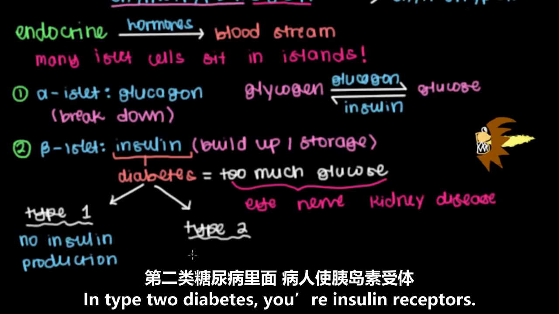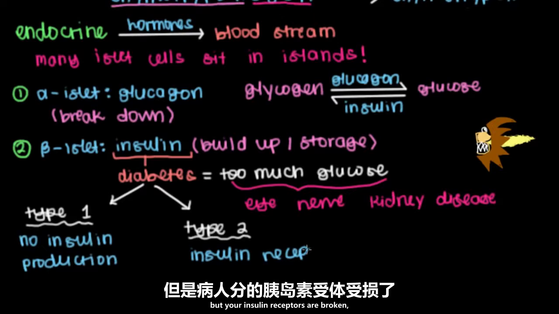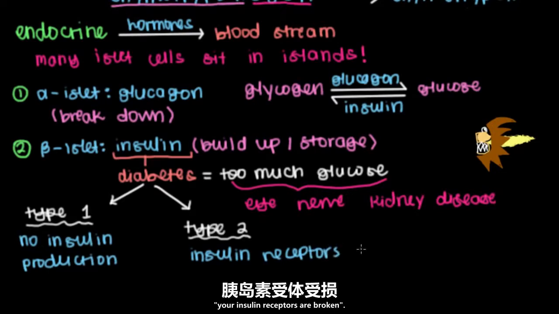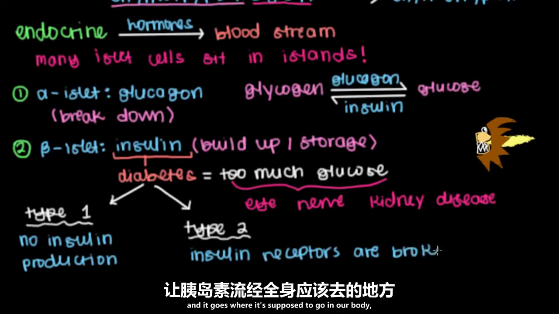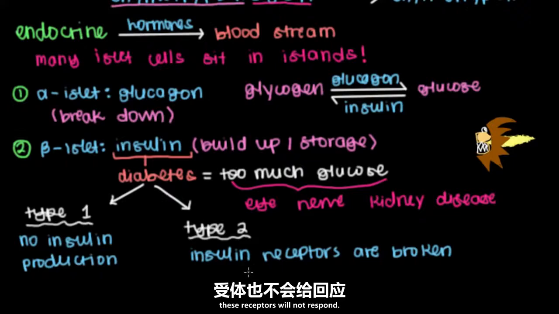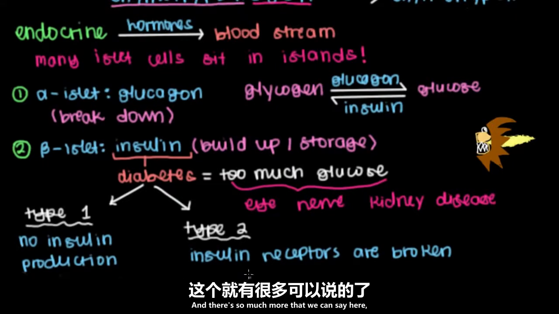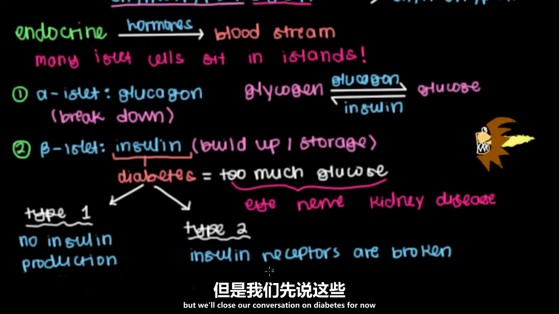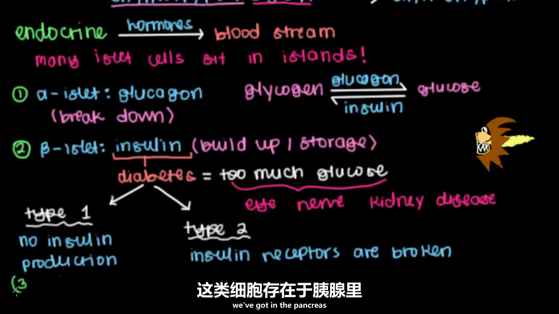In type 2 diabetes, you have insulin that's being produced, but your insulin receptors are broken. Your insulin receptors are broken, so even if we do produce insulin and it goes to where it's supposed to go in our body, these receptors will not respond. And so it's as if we don't have insulin in our body at all. And there's so much more that we can say here, but we'll close our conversation on diabetes for now, and we'll revisit this later. Let's move on to the third type of islet cell that we've got in the pancreas,